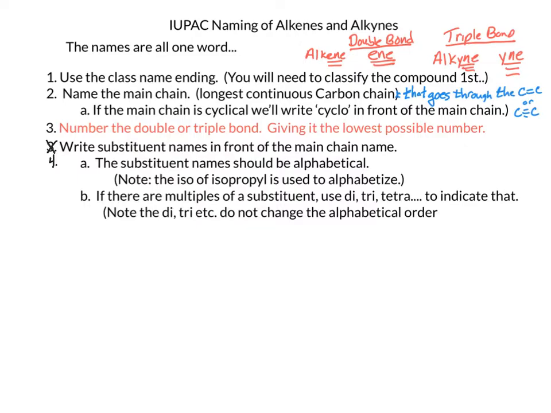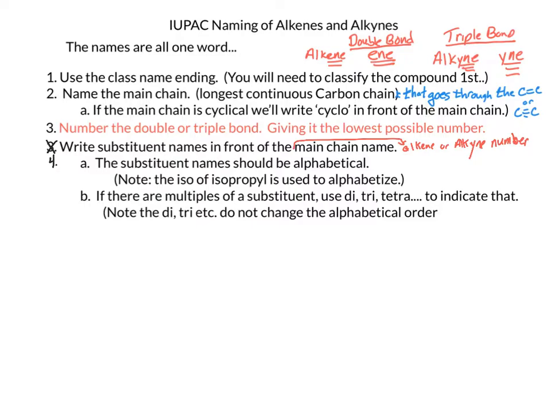We must give the double bond or triple bond the lowest number possible. Therefore, we do not have to find a total. The next step follows the normal pattern of writing the substituent names in front of the new number that you placed for the alkene or alkyne, and then we add in the substituent names in alphabetical order, and we use di, tri, and